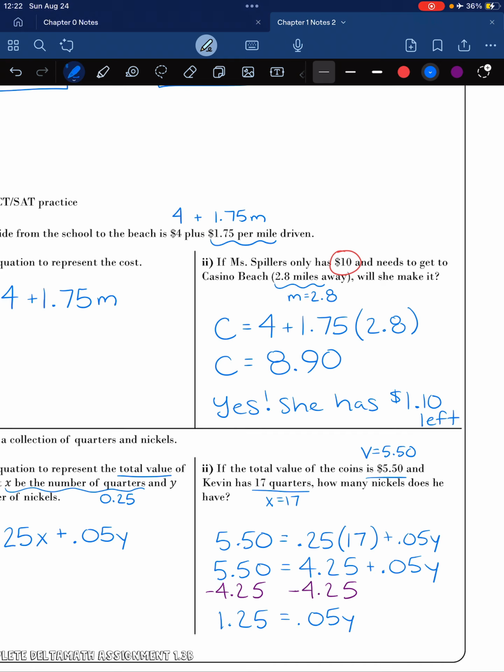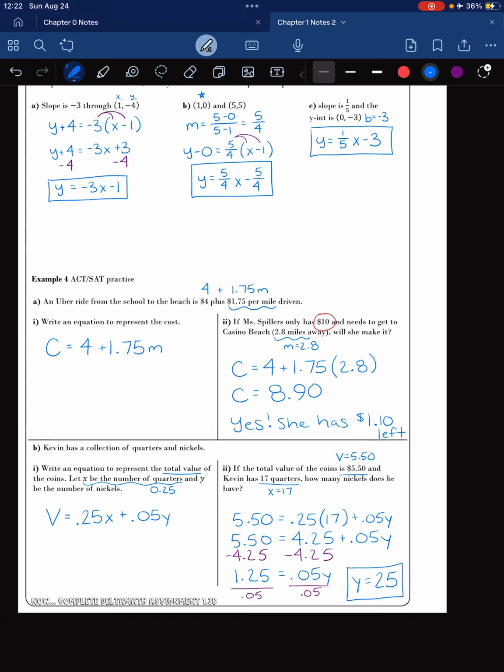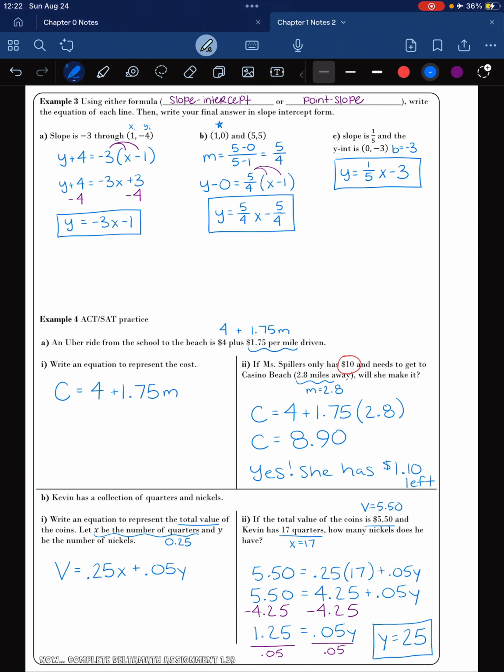The question is, how many nickels is that? Which, it's a good thing I have some algebra. Looks like that is 25 nickels. And there we have it. That is the wrap up of 1.3, and I will see y'all